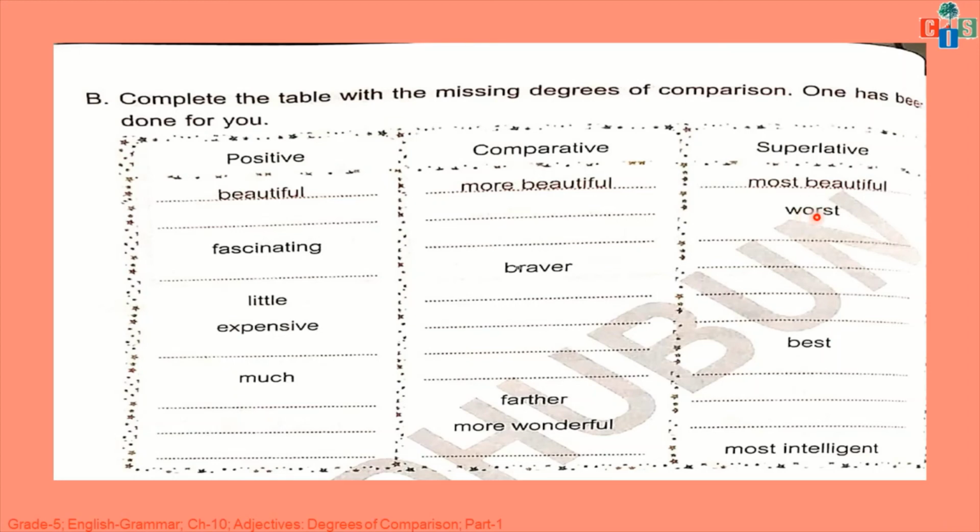Okay, in the same way we have to do other words here, and like here we have one word, that is worst. Worst is in superlative degree, so what will come in comparative and what will come in positive. Okay, here the difference is, here we added more and most. Every time we cannot do that, maybe whole word will change. Okay, like for example, worst, worst when it will come in comparative, it will be worse, and when it will come in positive, it will be bad, bad, worse and worst. Just giving example, rest of the words you have to do by yourself.